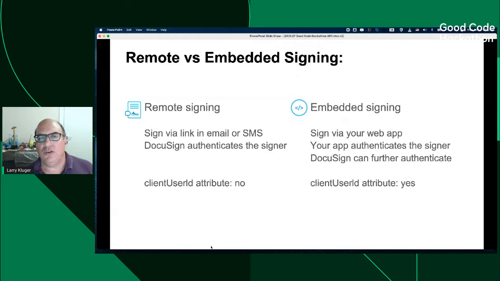We've got two large categories of achieving signing. The first is what we call remote signing. And what that means is that the signer is going to receive a link via either email or SMS. And when they open up the envelope,